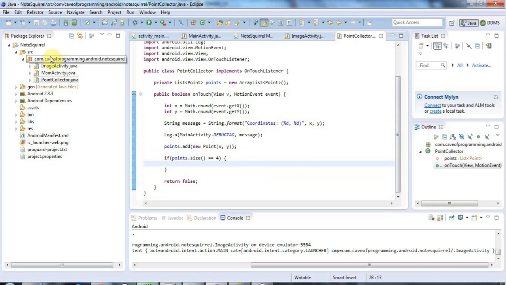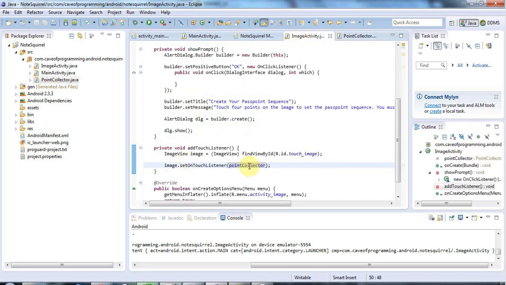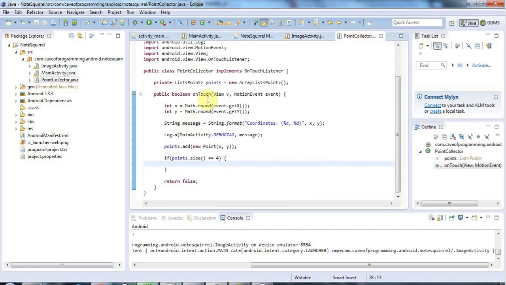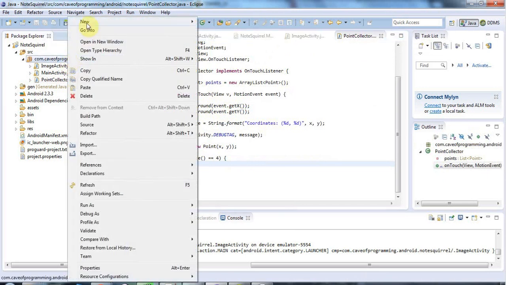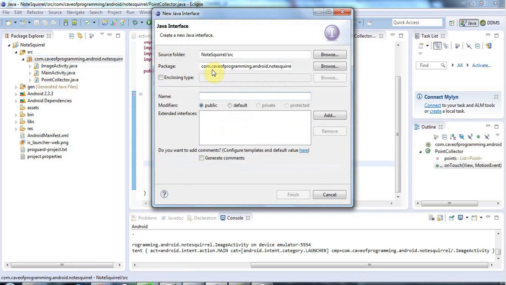Now, I don't want to refer to image activity directly in here because it's bad practice to have a situation where, in this case, image activity refers to point collector and point collector would then refer to image activity. The two classes would have to know about each other in a sort of circle, and that's a bit of a rat's nest and it's bad practice. So to avoid having a reference to my image activity in this class so that I can call some method of it, I'm going to create an interface here. I'm going to go to new interface and I'm going to call this